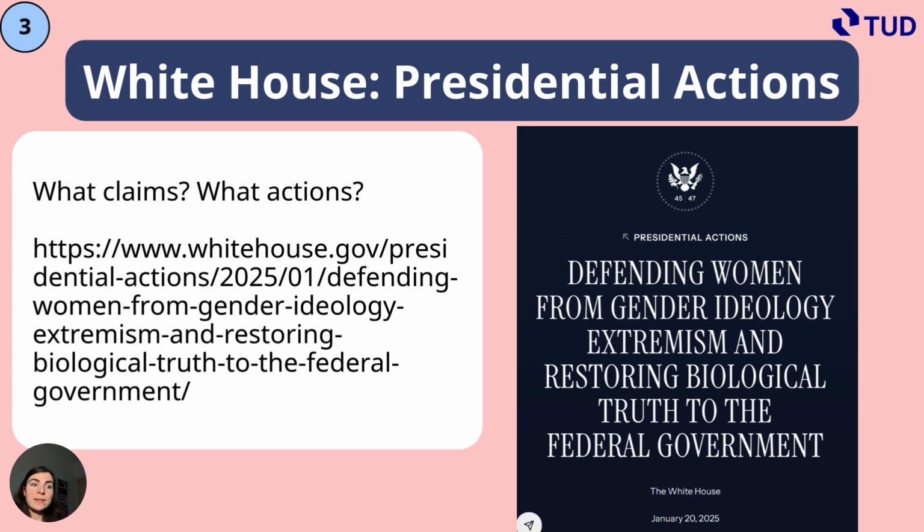So basically, okay, what is claimed here? What actions are taken? And if we look at that with the perspectives we just talked about, we can see that this is very much a conventionalized view, and also a certain idea of, we deny certain people the access to representation because we claim that there is only man and woman. There might be lesbian and gay couples, but nothing else really. So you're really robbing people of empowerment, robbing people of representation of their identities if they do not identify as man or woman, for example.